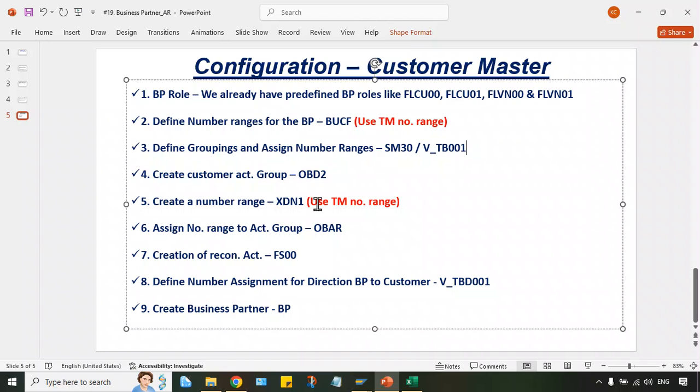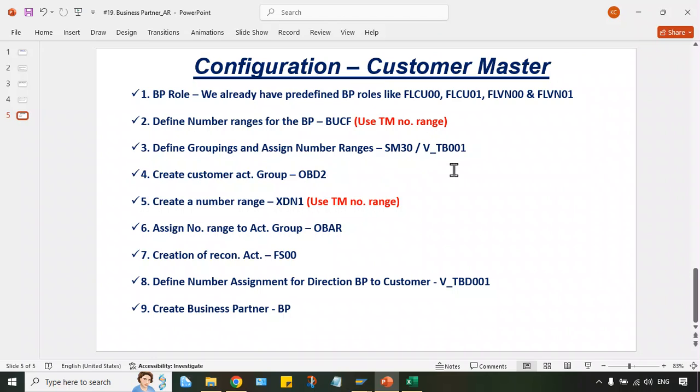So BP was there even in ECC also. Business partner configurations were given in ECC also, but it was not that prevalent and we were not using it at all. I remember we simply denied that it is not possible here in ECC. That's fine, the client accepted. But right now, what happened here in S4HANA? In S4HANA, it is mandatory. So we cannot follow this ECC concept that I have to create a separate customer, I have to create a separate vendor. No. SAP is saying that you have to go through BP itself.